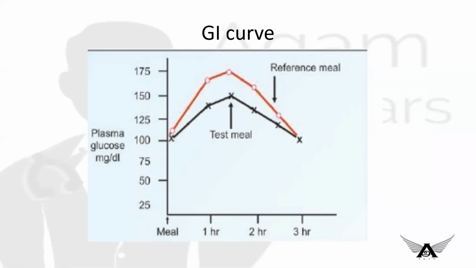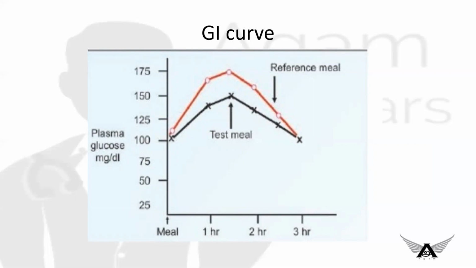Glycemic index is nothing but a number which ranges from 1 to 100. When it is 1, the carbohydrate food does not increase the blood glucose level to that extent. When it is 100, it raises the blood glucose level to a higher level. That is what the meaning is. So this helps physicians or dietitians to provide a suitable diet for a diabetic patient. So this glycemic index is very essential to learn. This is why.